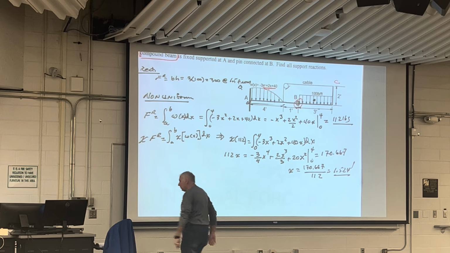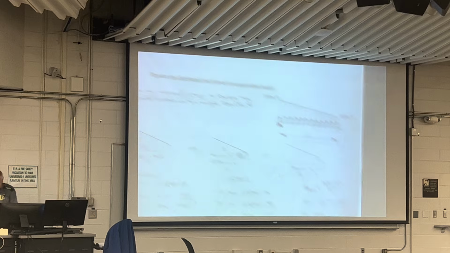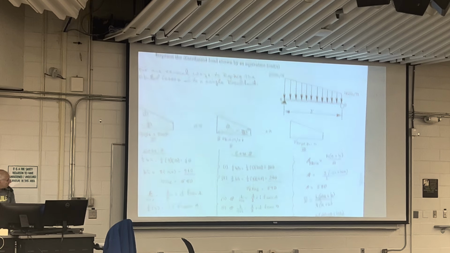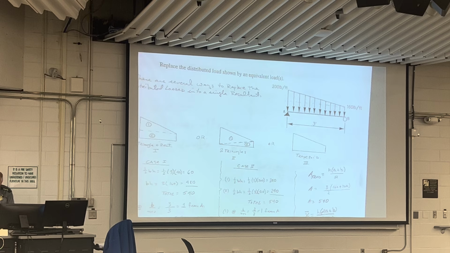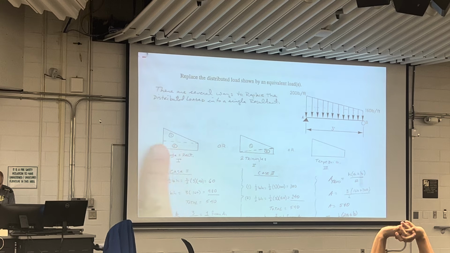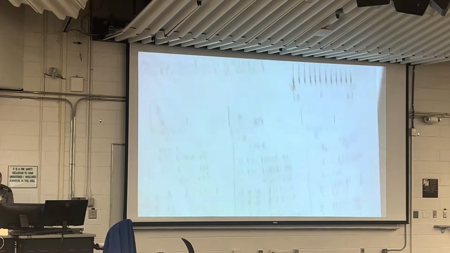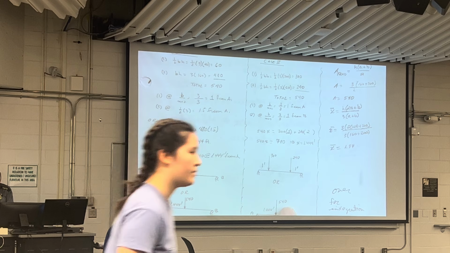He asked me, can I do integration with a trapezoid? Yes, but why would I do it with a trapezoid? That would probably be the long way of doing it. But yes, as a matter of fact, I showed you. You remember this? Here's the area of a trap and the centroid. I did it using a triangle and a rectangle, and then I did it using a triangle and a triangle. The answer is always the same: 541.4,